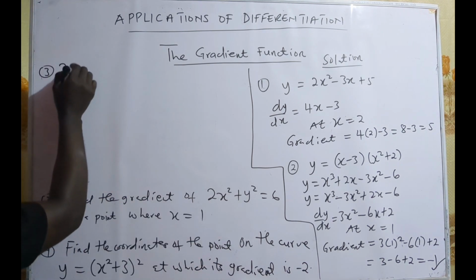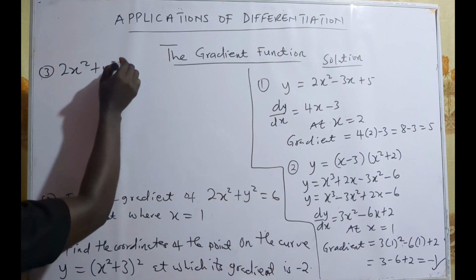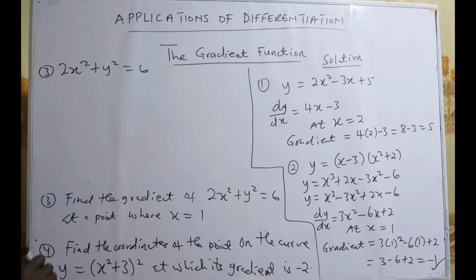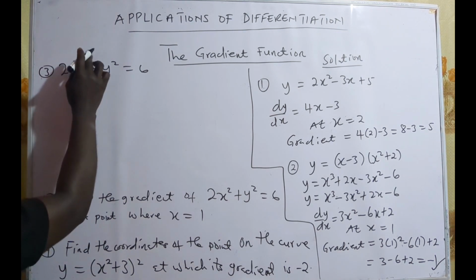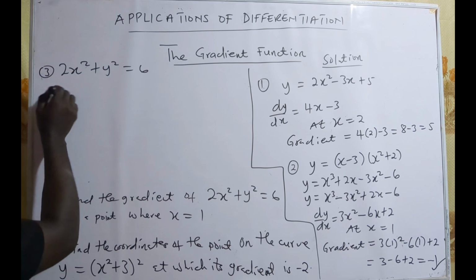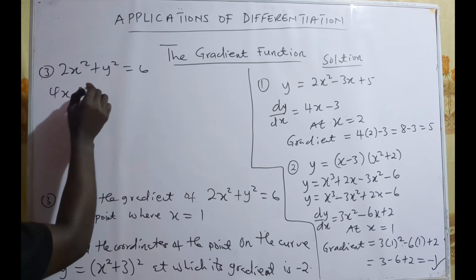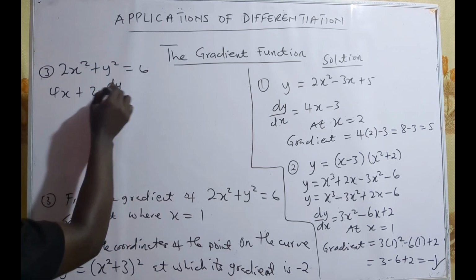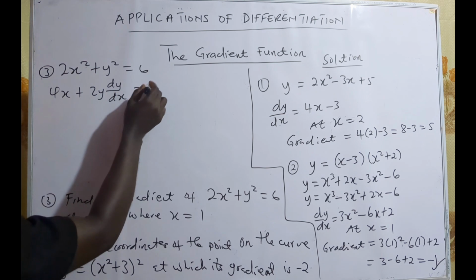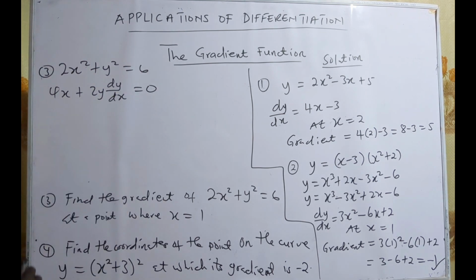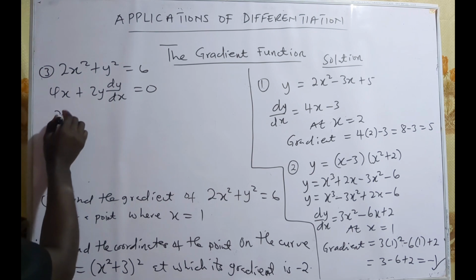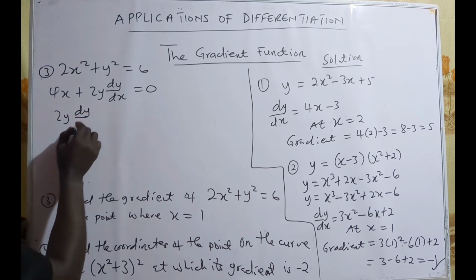So we have 2x squared plus y squared equal to 6. This one we can use implicit differentiation. So we differentiate: 2 times 2x gives me 4x, plus 2y dy/dx, and this one gives me 0. All right, I'll make dy/dx the subject, so that I have 2y dy/dx